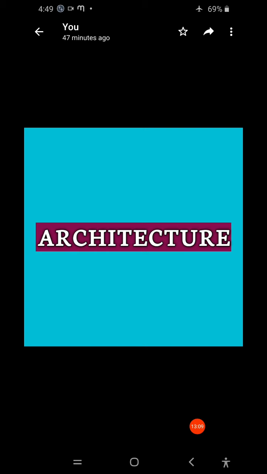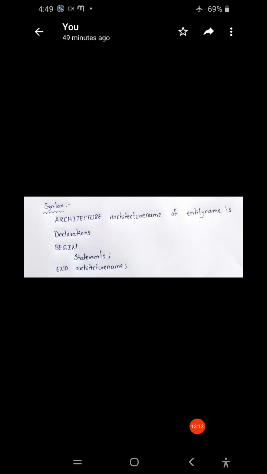Now we see the syntax for this architecture. Architecture name of entity name is declarations begin statements, each ending with a semicolon. Next, end keyword architecture name, and it has to end with the semicolon.